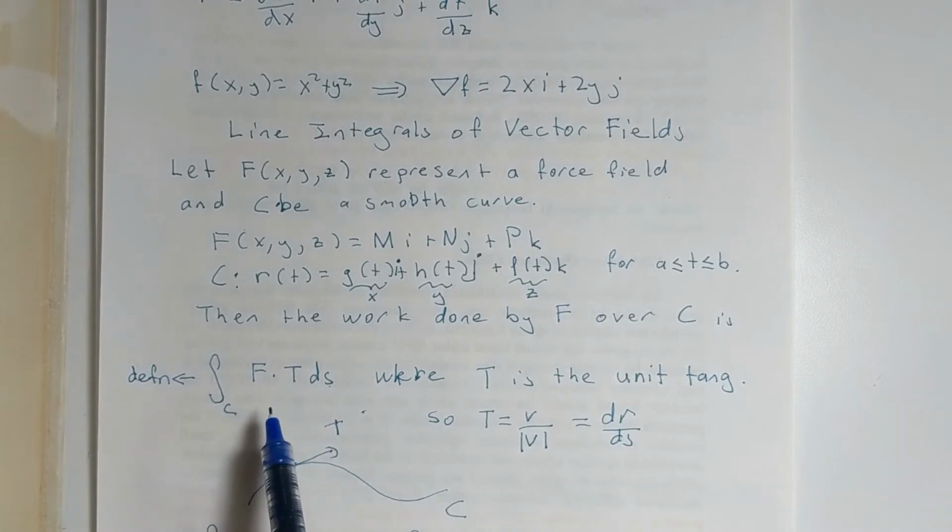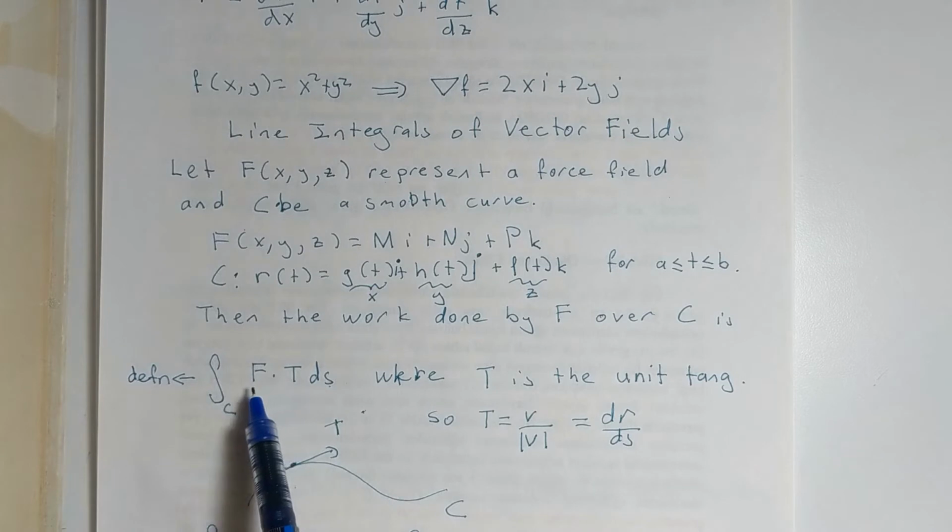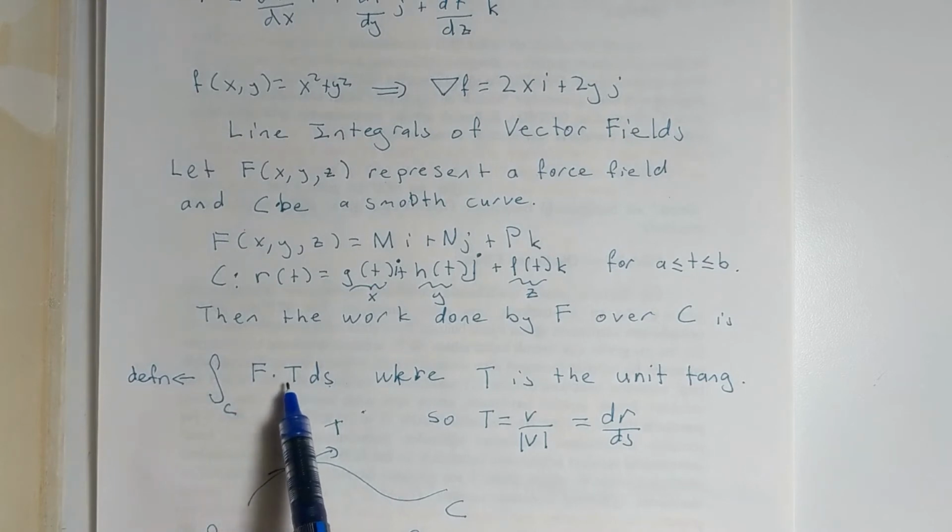Okay, so this is a lot to take in. When you first see this, you go like, what is going on here? This is not normal multiplication. Again, this is a vector. This is going to be a vector. If we multiply together at each point, F is a vector, T is a vector at any given point. We're going to do the dot product of two vectors, which is going to be